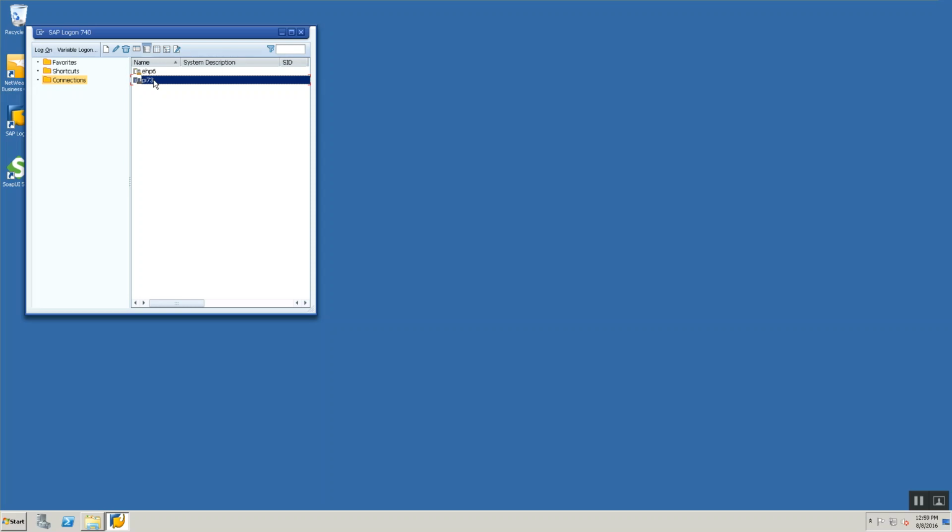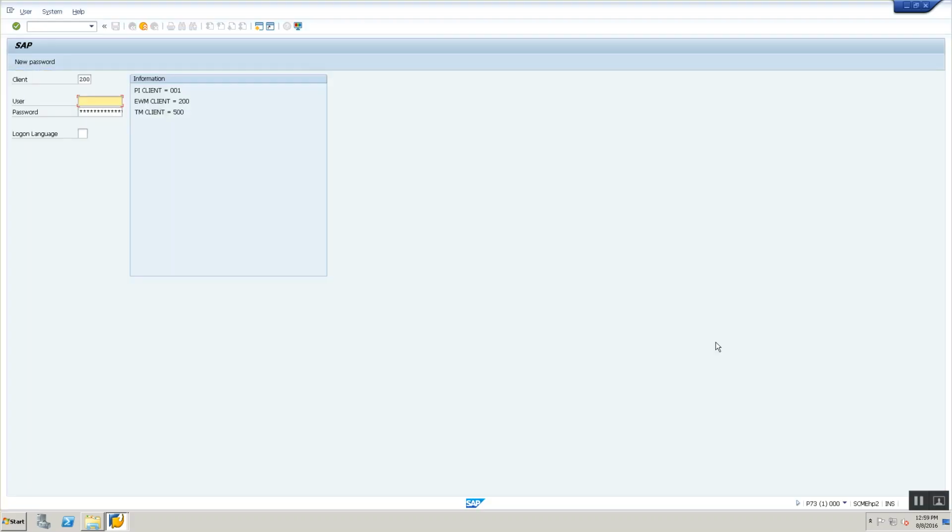In this exercise, in 90% of this course, we will be using the dual stack server, which is called the PI73 server in the SAP GUI that you see. You would obviously need to reach out to your server administrator to get your system details, but your entry point to your server is going to be the SAP GUI, because my server is a dual stack server. So I'm going to launch my SAP GUI.